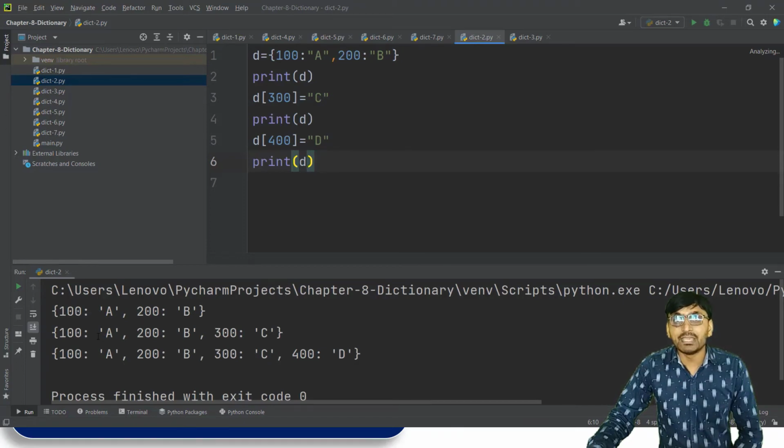Then after adding one key value pair, 100A, 200B, 300C. Then after adding another, 100A, 200B, 300C, and 400D. So that is how we modify a dictionary and add key value pairs to it.